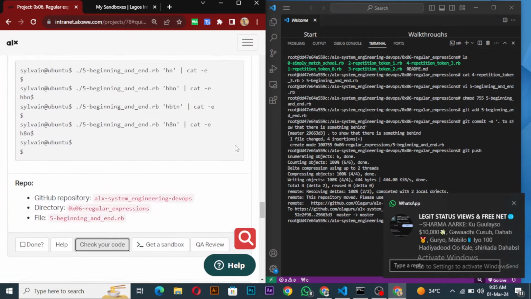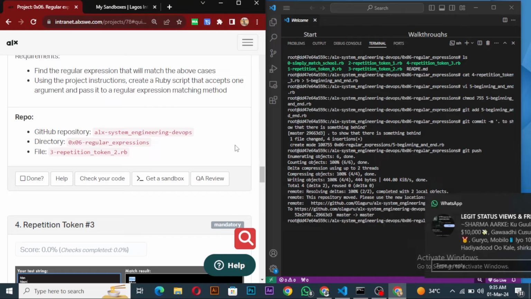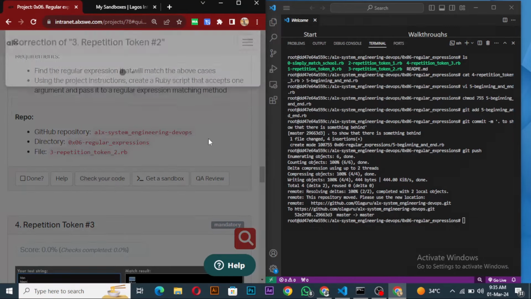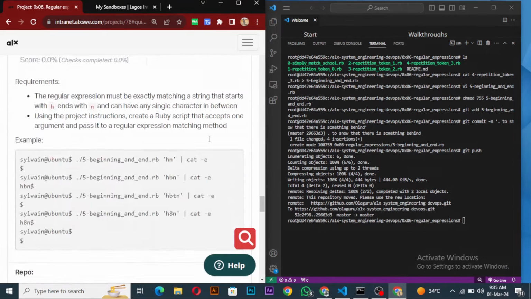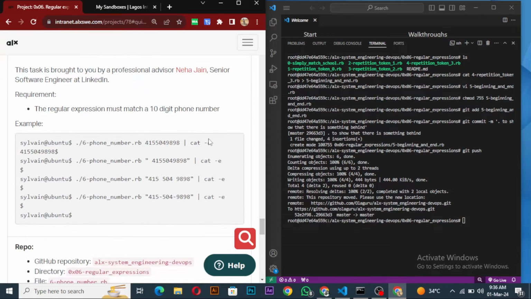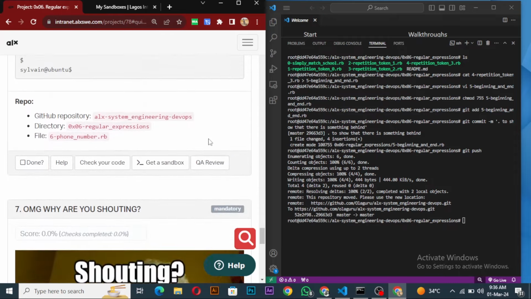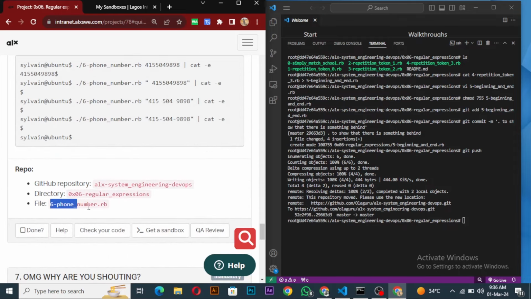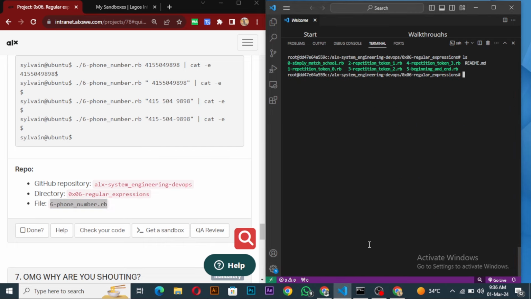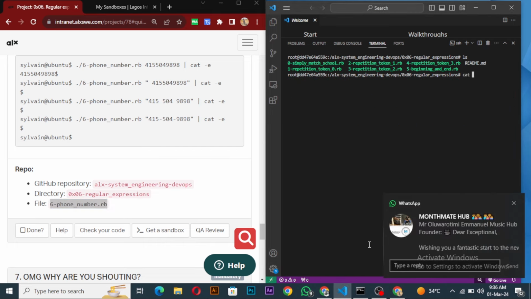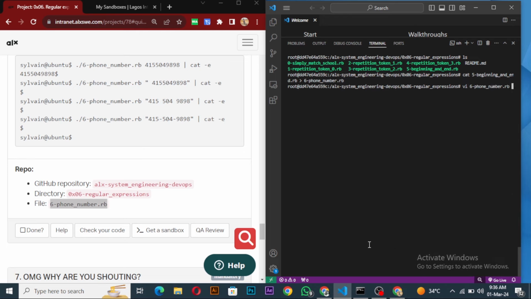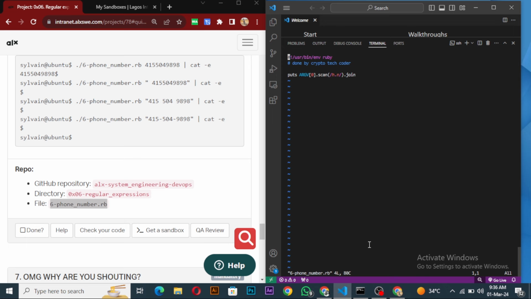Okay, so let's go back to this one and see if it has checked. It's still checking. Okay, so anyway, we'll check through it, and this one has checked anyway. So we still have many more. All right, so 6 phone number.rb. It's still gonna be the same way. Let's clear our screen, and then we'll cut the 5 file into 6 now, and then we'll vi into our 6 file, and then what should we do? We'll come here, and